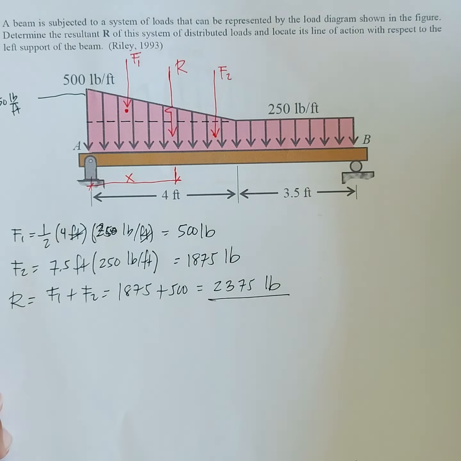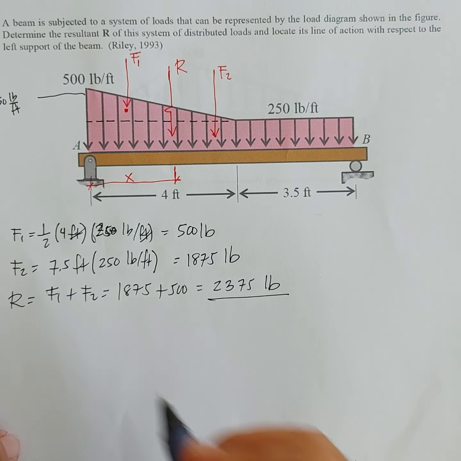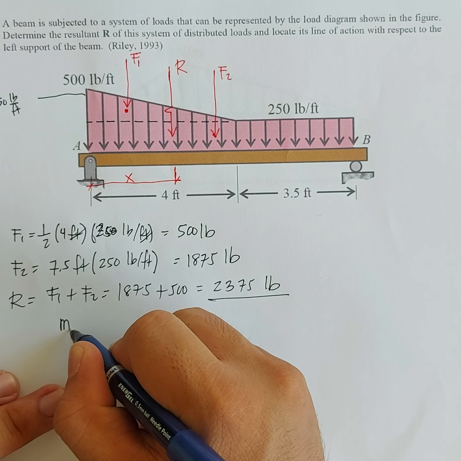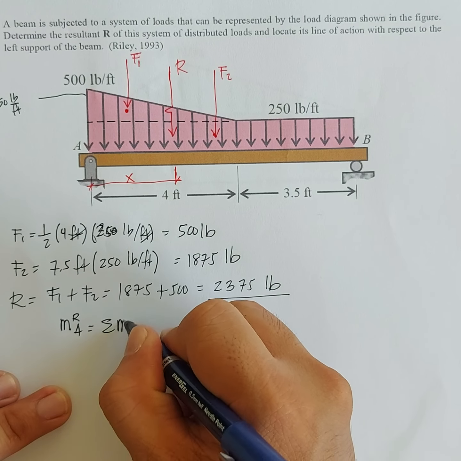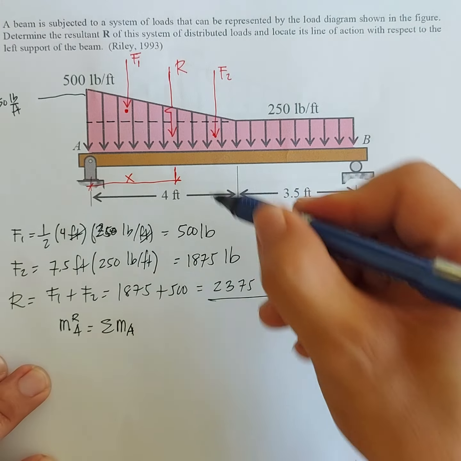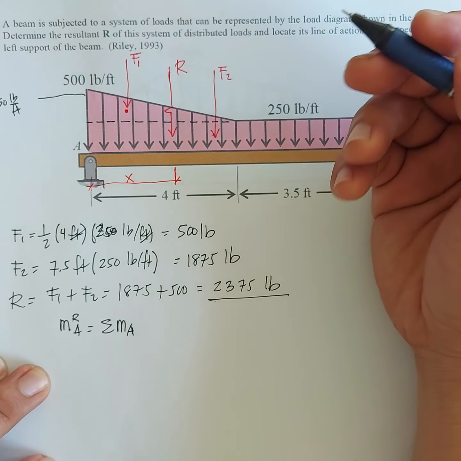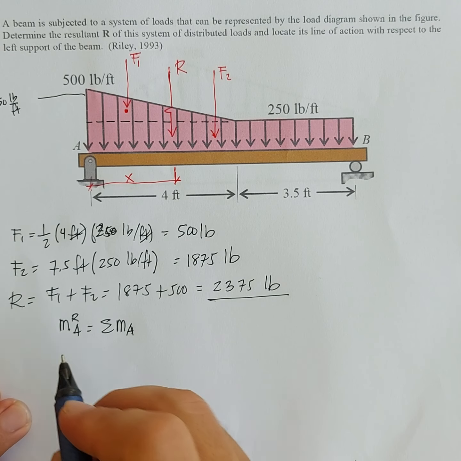Okay, so in this case, point A. So, summation of moment, yung moment dapat ng resultant force at point A should be equal to the summation of moments at point A. Okay, so yung resultant force natin, so the resultant force is 2375